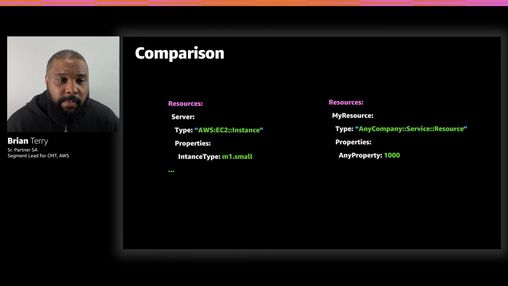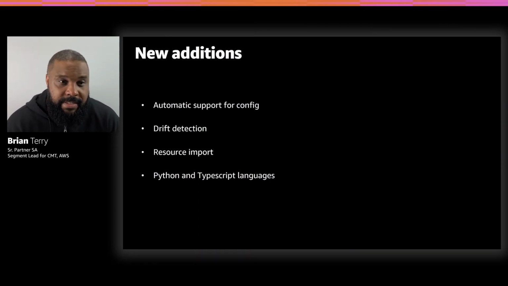So now that we looked at modules and talked a little bit about CloudFormation resource types and the registry, let's talk a little bit about the additions to CloudFormation that have been made over the last year. Some of the additions are automatic support for Config. What does that look like? Basically, when you create these custom resource types, they can be tracked in Config, just like native AWS resources. This allows you to have Config rules around it, being able to see when these resources change. This automatically gives you a layer of governance over these resources that are